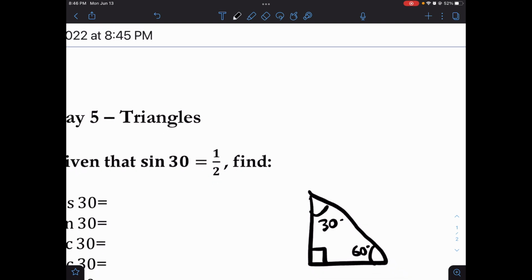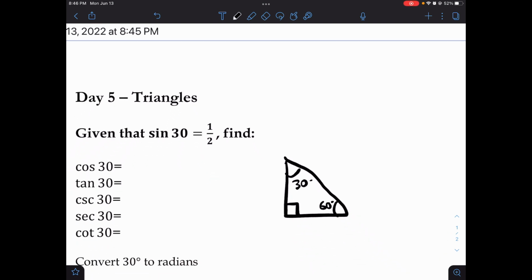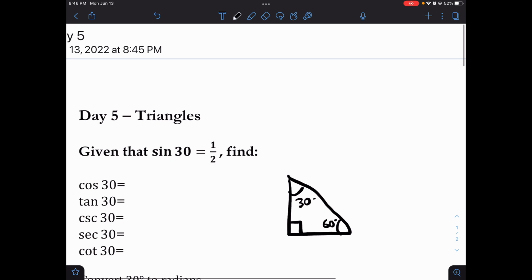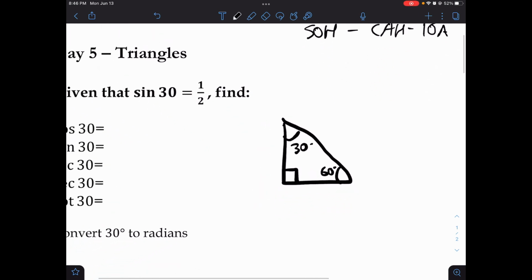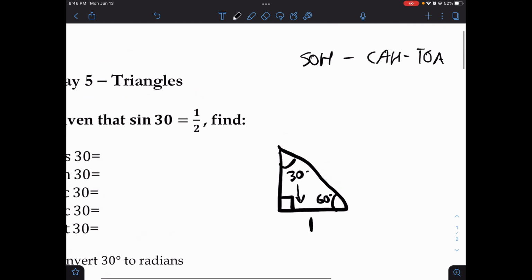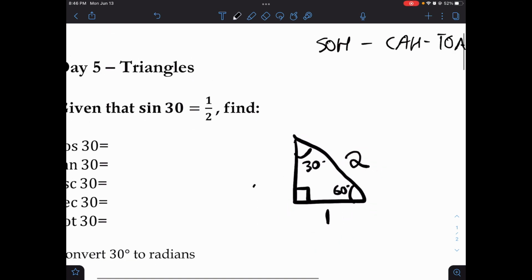So to find sine, let's write our acronym right here. To find sine of 30, it's opposite over hypotenuse. Okay, opposite over hypotenuse. So now that we know that, we can deduce that the side opposite 60 will be root 3 because